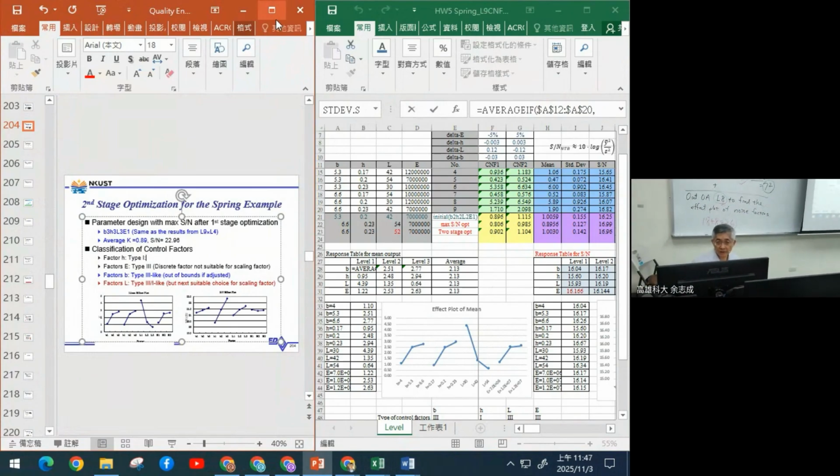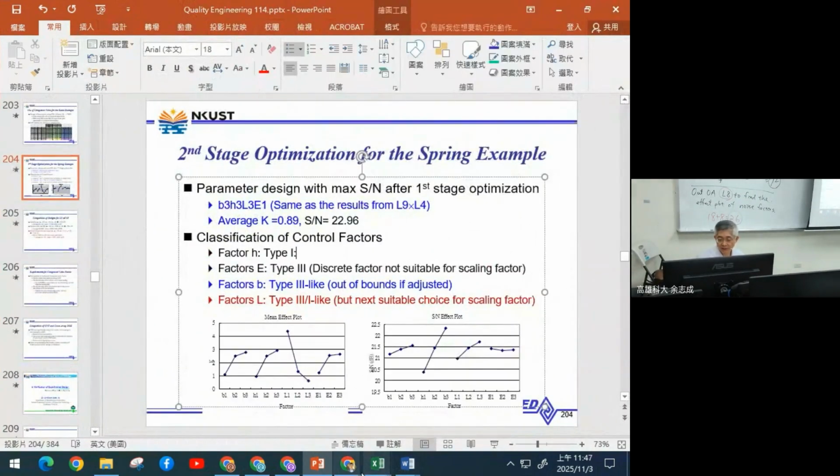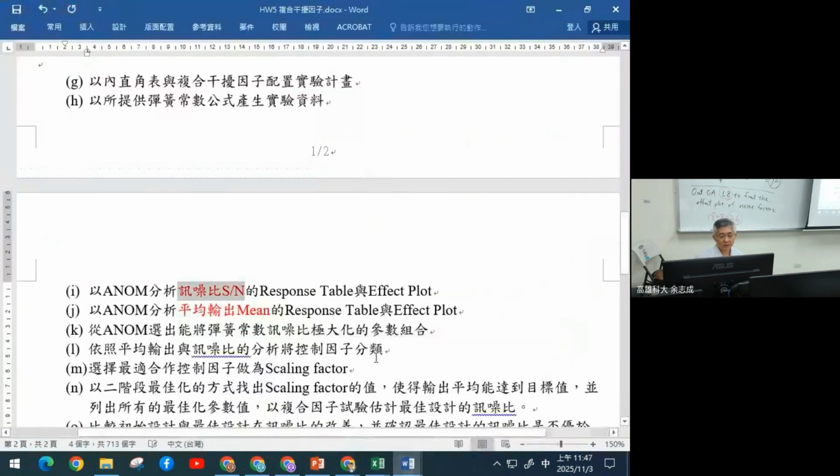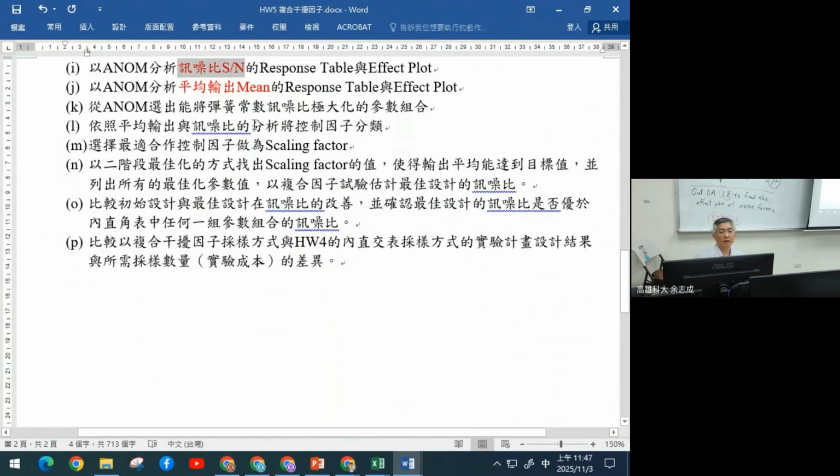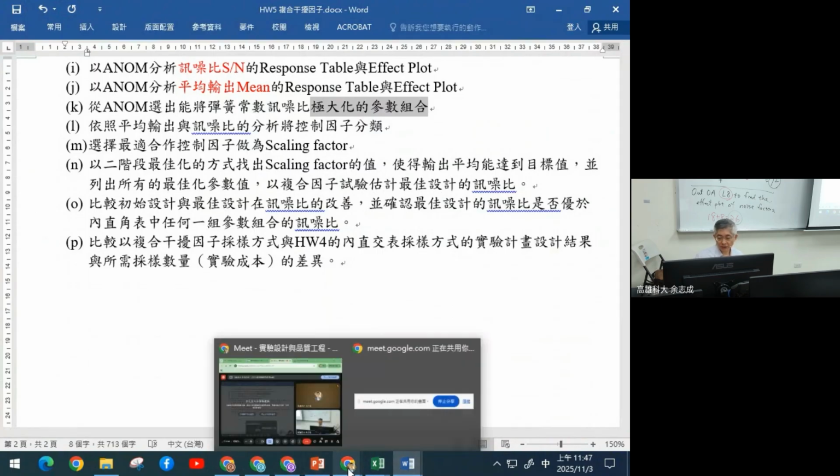And in the next questions, you need to use the first stage optimization. Find out what will be the optimum combination that will give you the maximum SN ratio. It's the same. So from the first stage optimization,